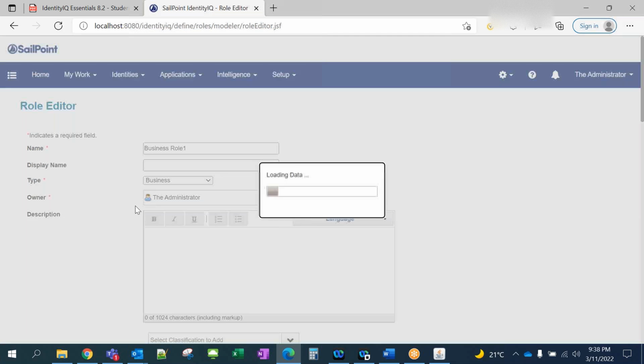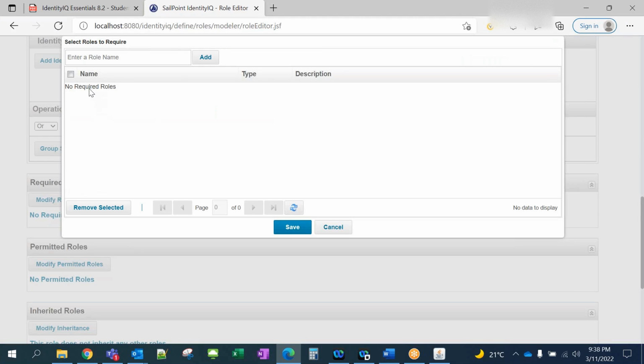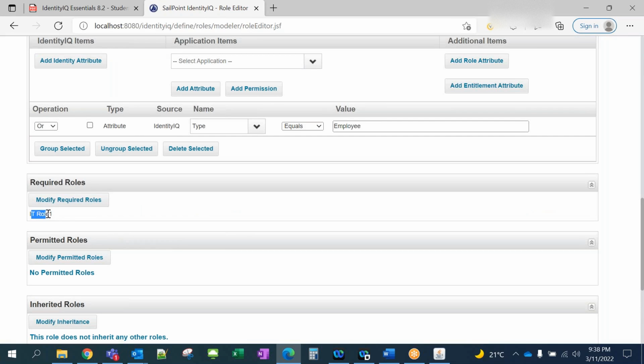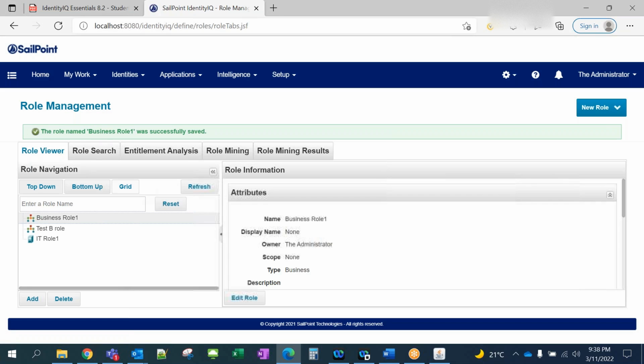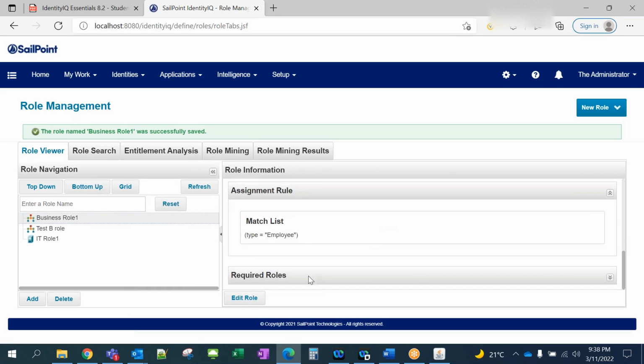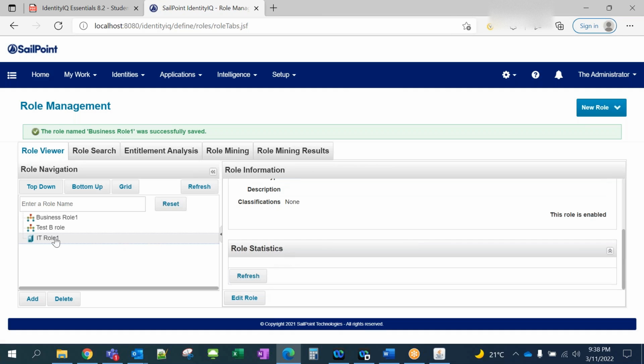I'll go ahead and edit this business role. And now I'll come to this required role section. I need to select that IT role. So this is coming here, IT role 1. I select this and save. You can see the IT role is present here. I'll just submit. Now in the business role definition, you can see the IT role is present under required role. And as soon as I click on that role,